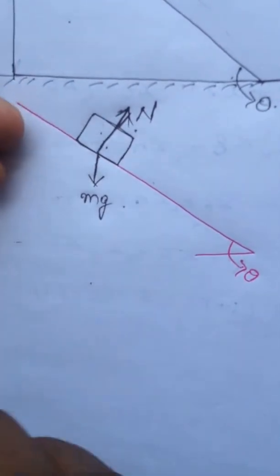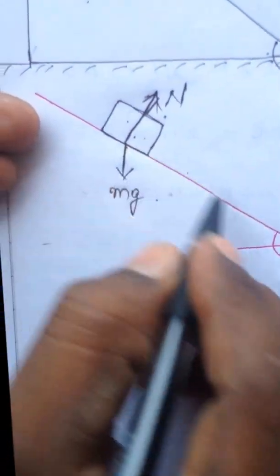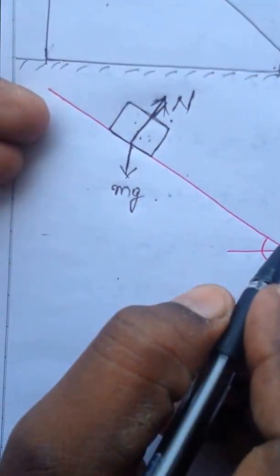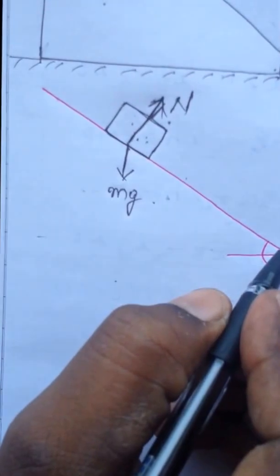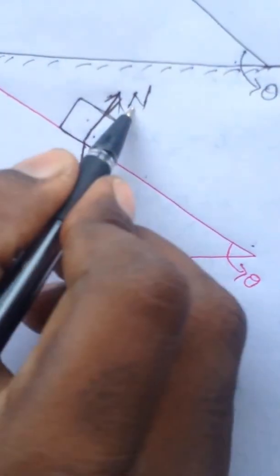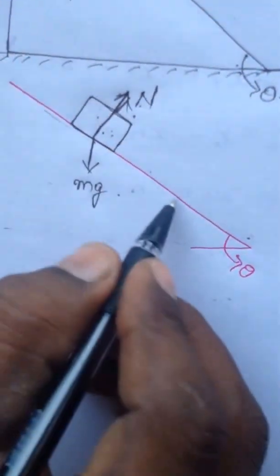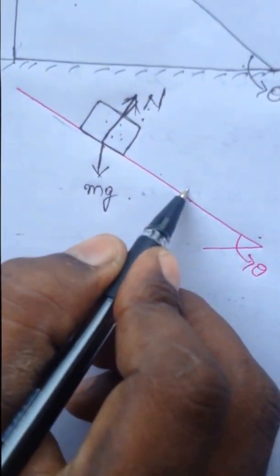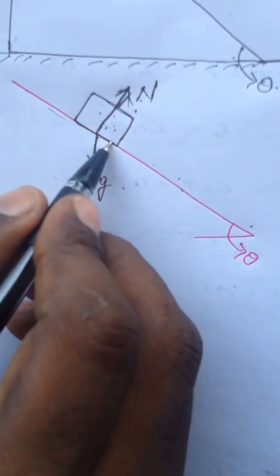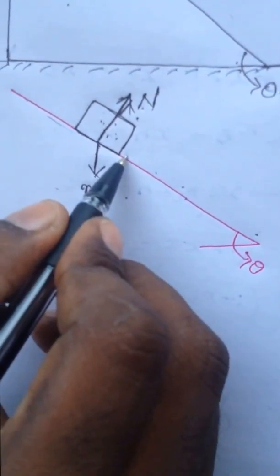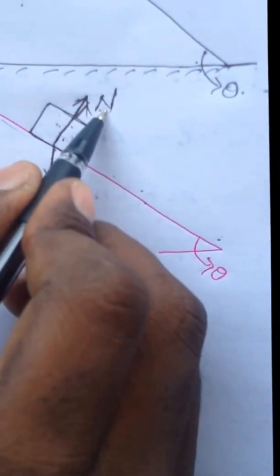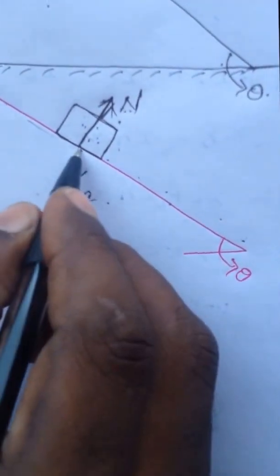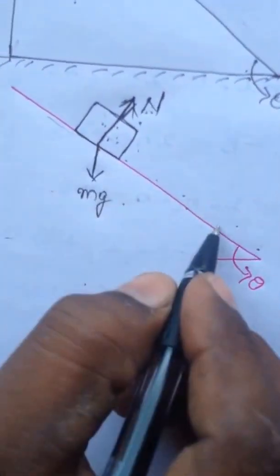So this object is sliding down the incline, which means there should be a resultant force acting on the object down the incline. To find this resultant force, let us consider this N, which is perpendicular to the inclined surface. The component of N down the incline is N cos 90, because the angle between this vector and this side is 90. Cos 90 is 0, because of which the contribution of N down the incline is 0. So the only force which is going to contribute to the motion down the incline is